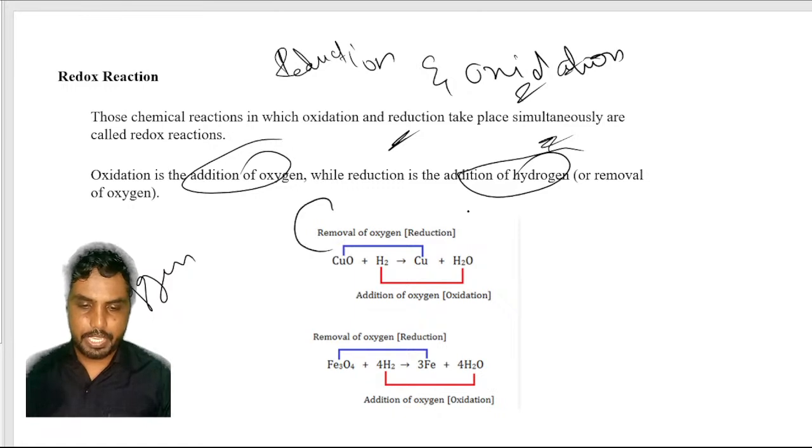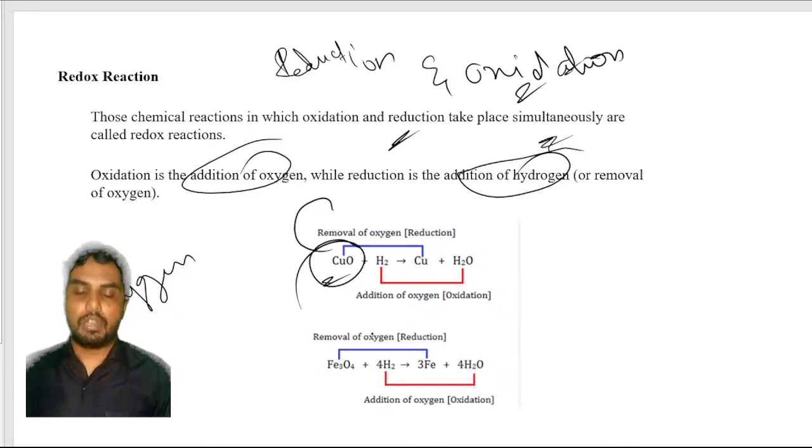So here you can see CuO, copper oxide. It has reacted with hydrogen. It will form